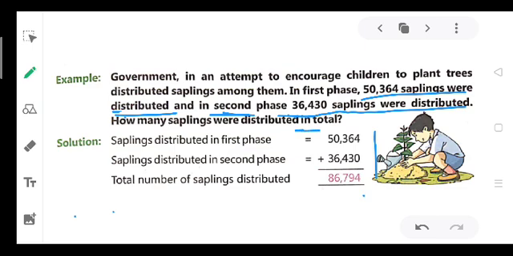The word total is given here. So what comes into your mind? That here we have to add, because if your mother gives you 5 rupees one time and 10 rupees next time, how much total money do you have? Then also you will add and you can say, ma'am, 5 was there earlier, mummy gave 10 more, so I added both of these and I get to know that now I am having 15 rupees.